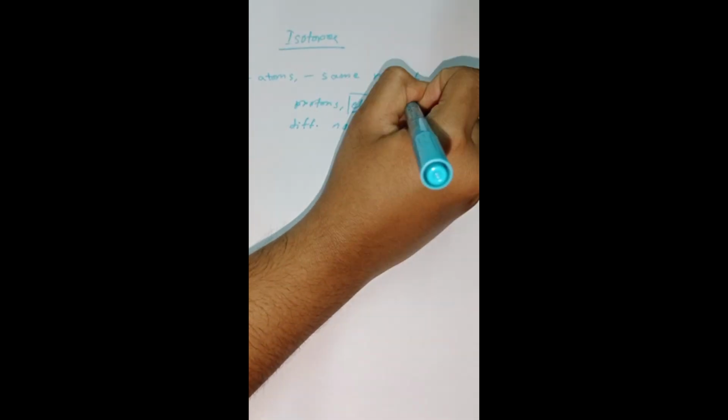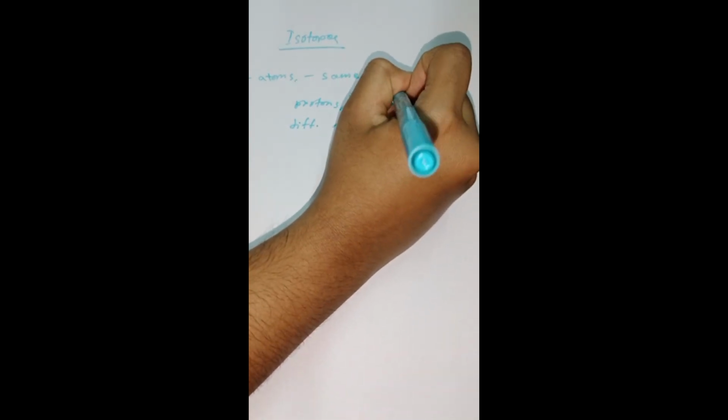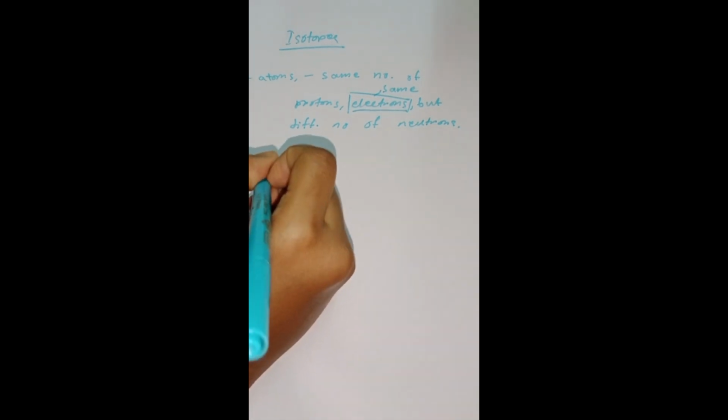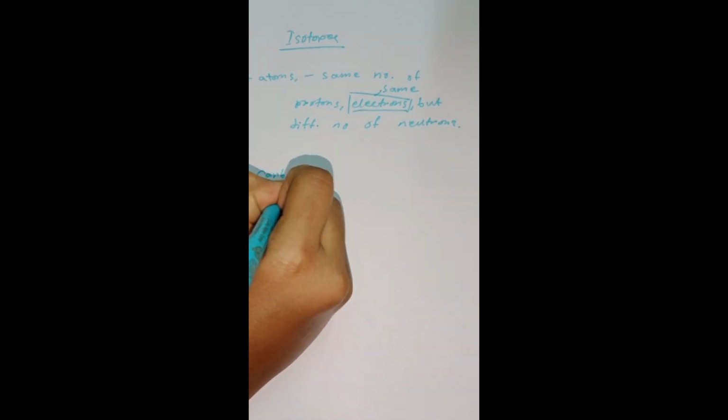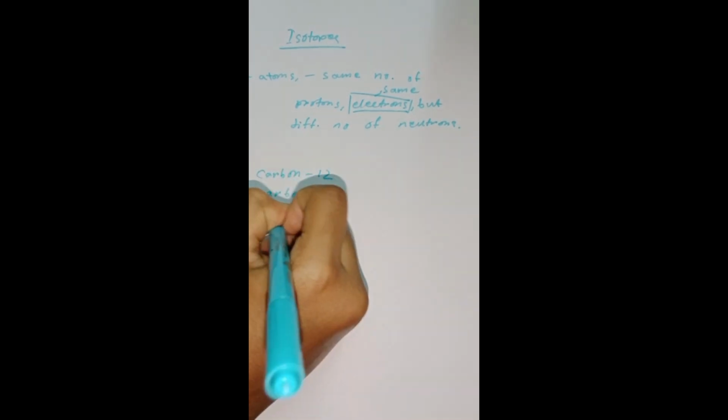Now you might be asking, so does this change the electronic configuration or the chemical properties of an atom? No, it does not. Why? Because the number of electrons is staying the same. So since it is staying the same, there is no change in the chemical properties of any element or atom. So in this case, you are safe, because we can tell there are carbon 12, carbon 13, carbon 14,